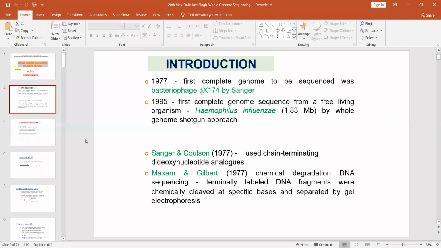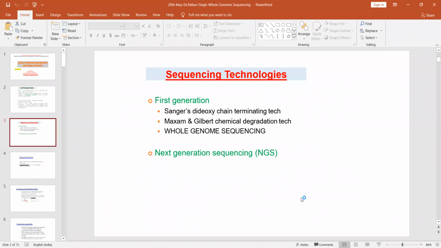Now let's see what is whole genome sequencing. Like in the chemical method, in Sanger's method, you were using the dideoxynucleotides to terminate the chain, and you were sequencing the terminal base of each fragment. You were fragmenting the DNA, you were using fluorescently labeled ddNTPs, and you were building short stretches of fragments of DNA. In whole genome sequencing, I'll be showing you the entire layout.